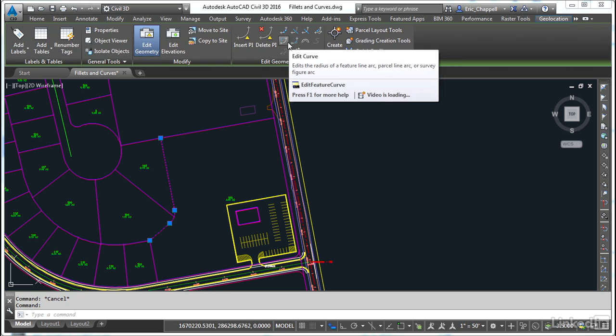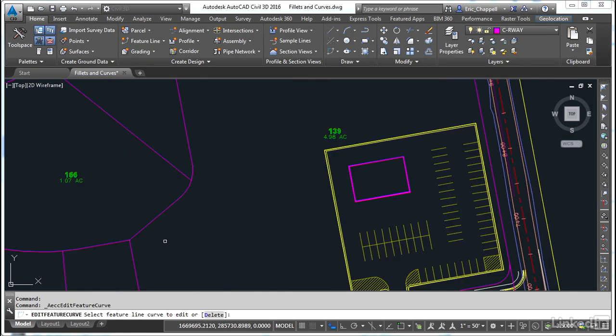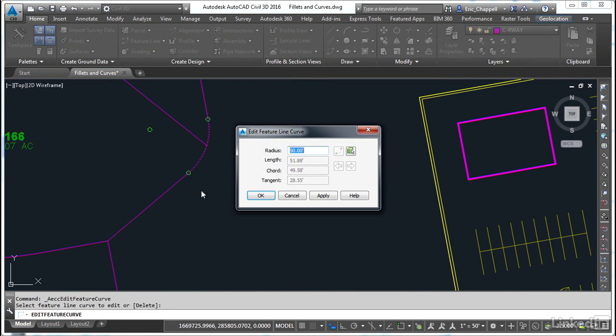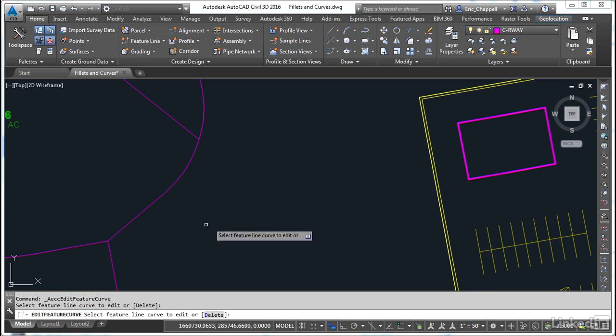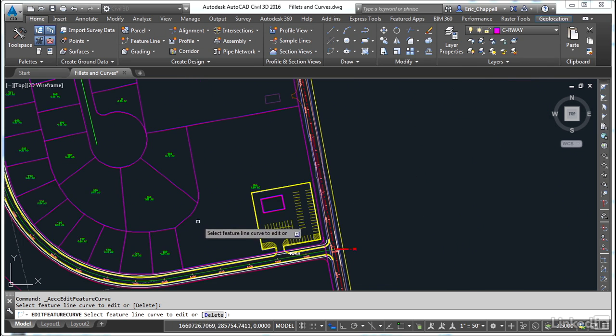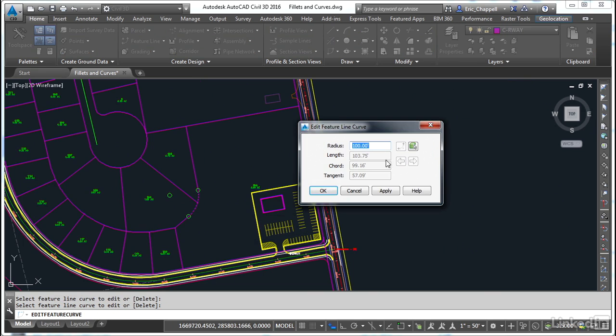So I'll go ahead and launch the tool, Edit Curve, select the curve that I want to modify, and this tool actually has no AutoCAD equivalent. This is a very handy tool which pops up this dialog box that lets you edit the radius of the curve. So really handy in that I can type in a value, let's say 100 feet, hit apply, and get some feedback, get a look at what it will actually look like. I'd like it a little more rounded than that, and I want to zoom out a bit so I can see what's happening. So I'm going to hit OK, zoom out a bit, click the curve again, and this time